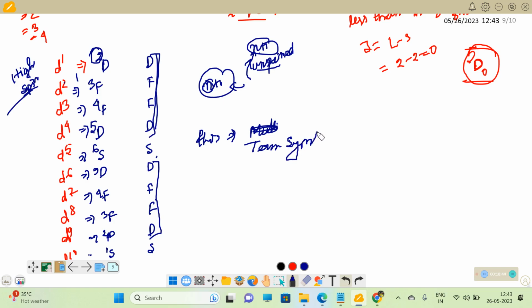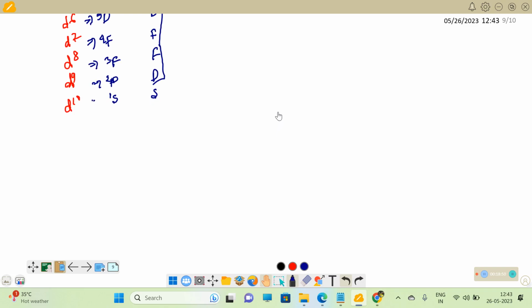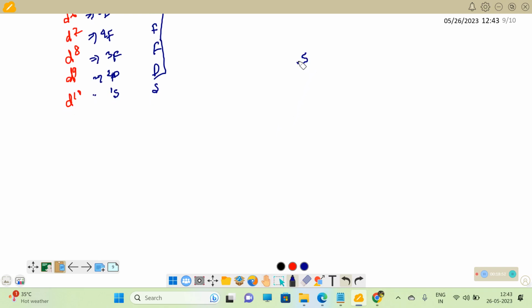Now there are also spectroscopic term symbols. I'll teach you this lesson as well, that means how to evaluate the spectroscopic term symbol. In this video, I'll just tell you. Just wait. Here again write the thing,